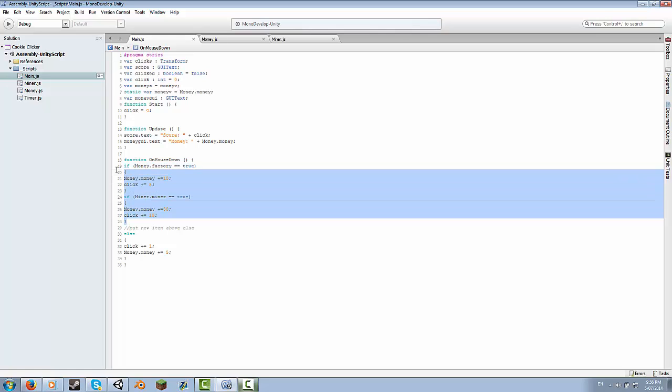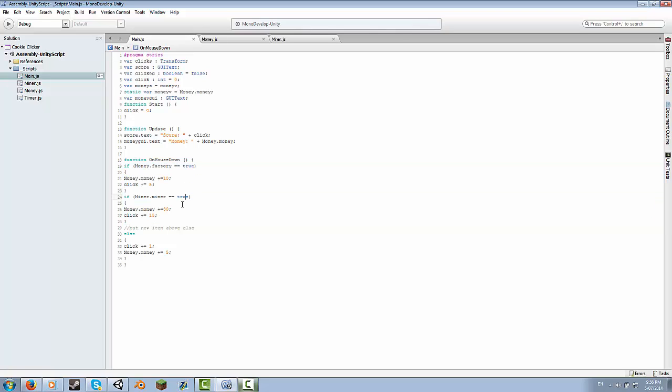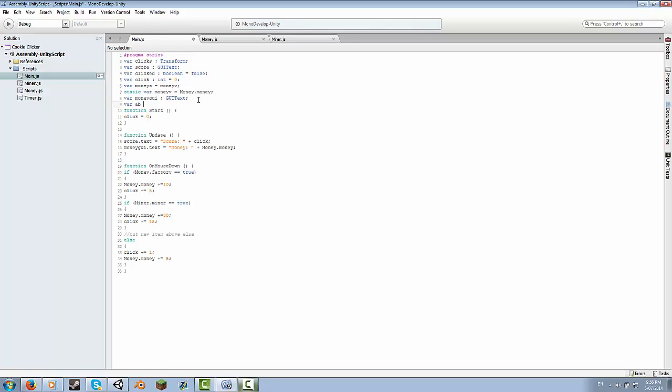You can make it variable that if factory equals, I don't know, let's just say a new variable, if miner 2 equals enabled, and then you just disable this, so you can just say that variable equals false. So for example, I did a new variable, just call this var AB, just to do it quickly, false, and then I clicked this time, 18 minutes. AB equals false, and if I did over here, if